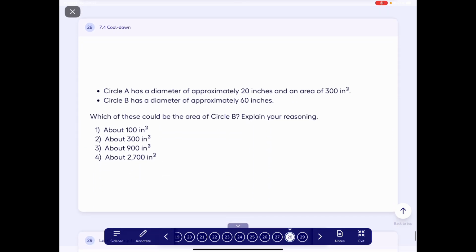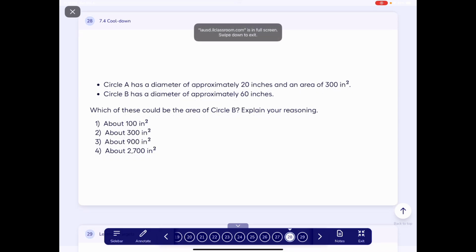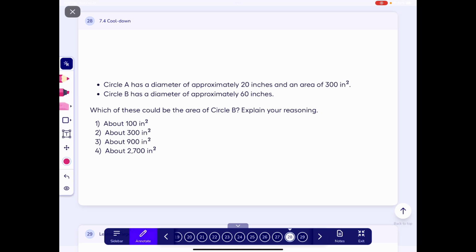Try the cool down. Circle A has a diameter of about 20 inches and an area of 300 inches squared. Circle B has a diameter of approximately 60 inches. Which of these could be the area of circle B? Explain your reasoning. Pause the video and try this problem yourself. You actually don't need the information about circle A. It's there, I think, in case you forgot how to calculate the area of a circle. You could find the relationship between the diameter and the radius. But you actually do not need the information about circle A, because you know